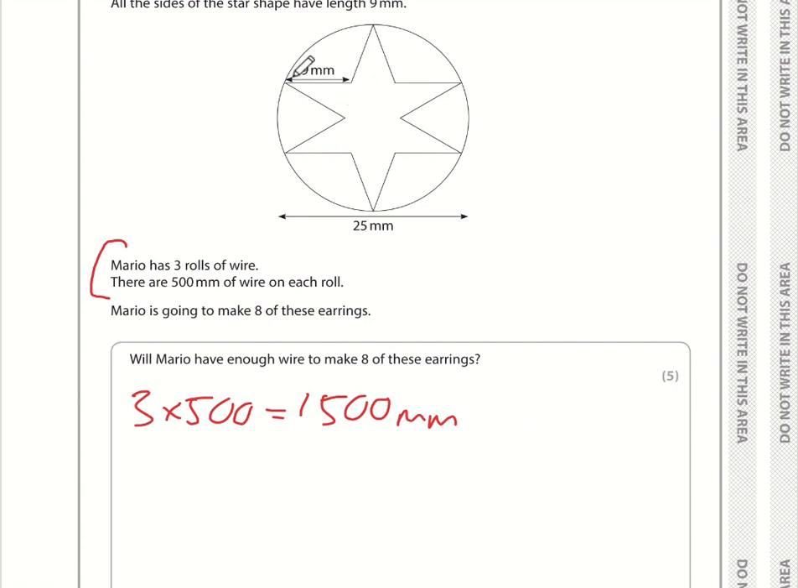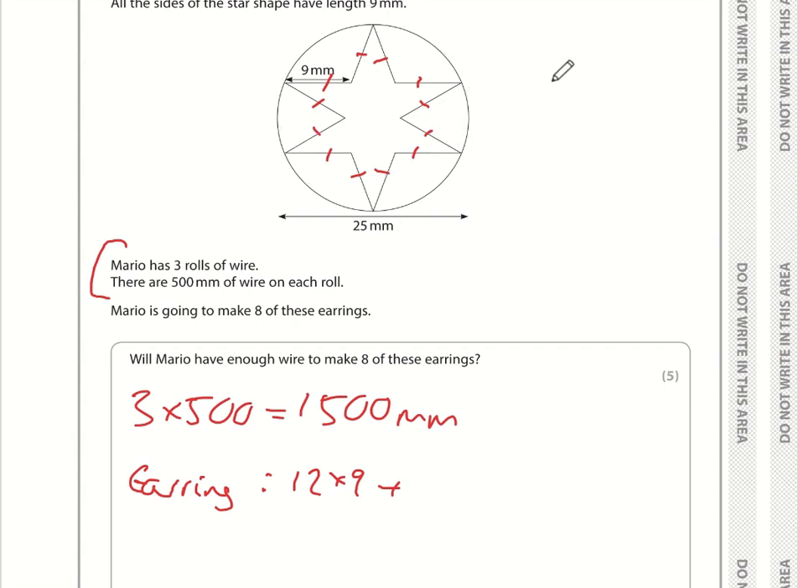So let's make sure we count the number of these sides correctly. So 1, 2, 3, 4, 5, 6, 7, 8, 9, 10, 11, 12. So here is the earring. So that is going to be 12 lots of 9 plus the circumference of